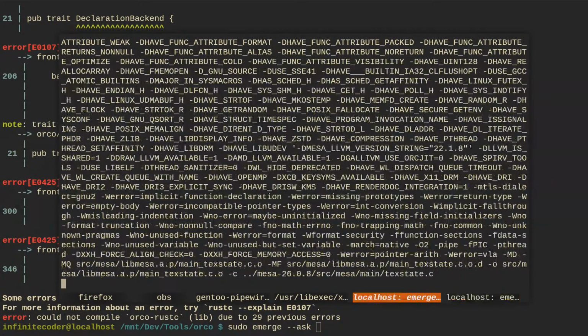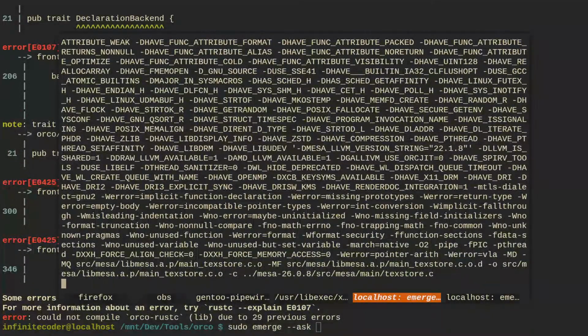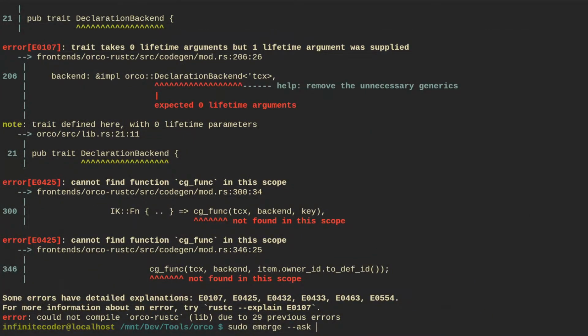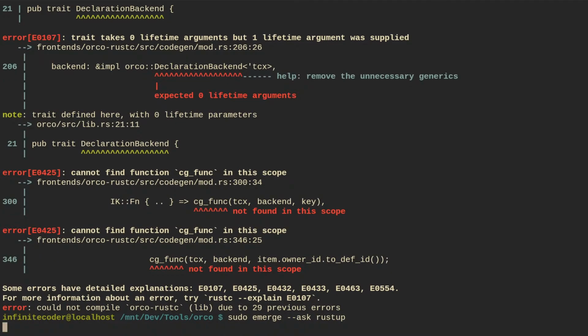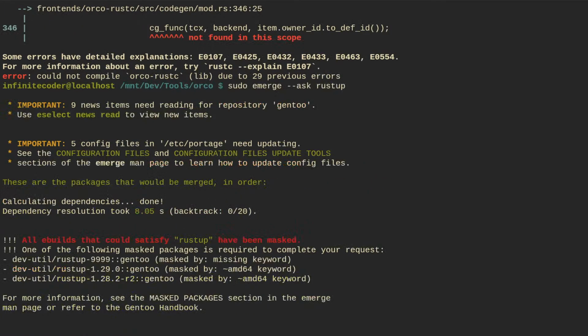I'm just looking in parallel, 805 here. Pretty slow. So right, rustup. I guess I could use the select as well, but I kind of wanna. Rustup is masked. I wonder why it's masked. I mean, okay, let's try select.